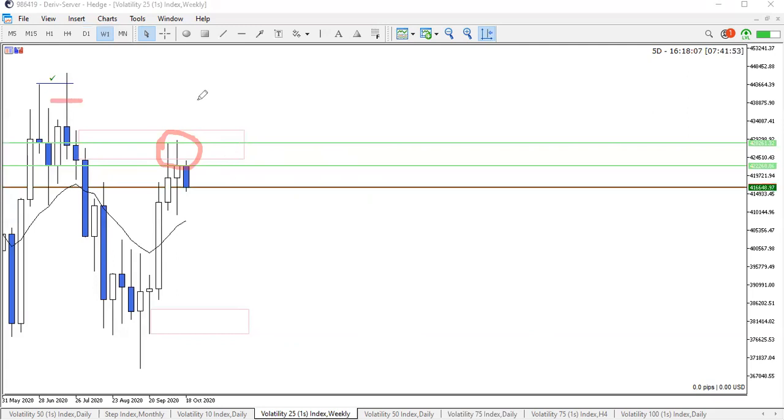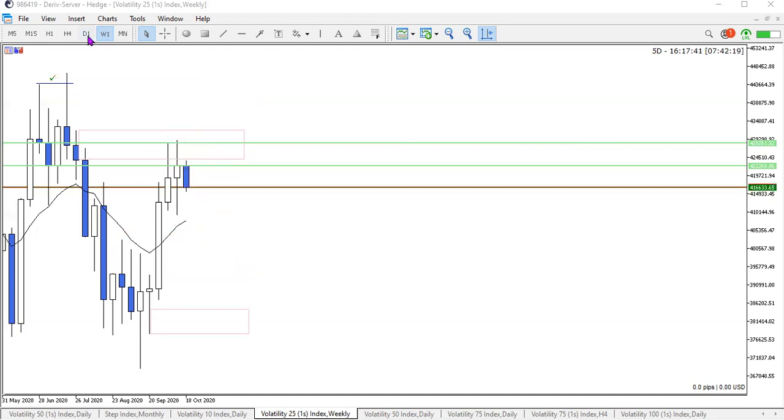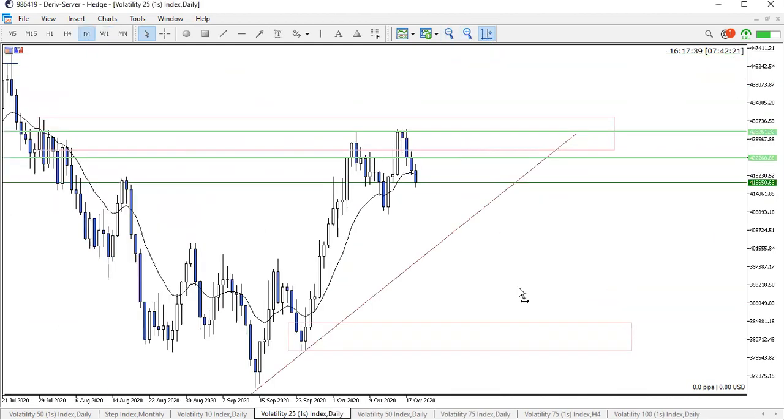Now, I did have a zone that I had drawn in up in here, and that was identified on a lower time frame. And I have basically been expecting price to push back into that area, which it most likely will do, but not after it does a retest into the zone in here. So currently looking at 25-1S on the weekly chart, we will expect it to come back down into around that area there, right? So let's drop down to the daily chart, and I'm just going to pan out a bit.